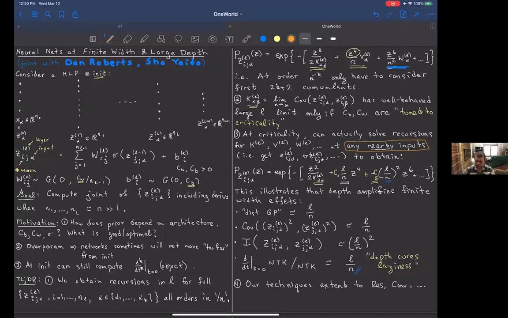So we can also sometimes tell you what the network does when the inputs are far away, but that's a rather different calculation. And sometimes it's complicated and we're not 100% sure what the answer is. So there are definitely things we don't know how to do within the framework at the moment. But this observation that things scale like depth over width definitely holds not just at a single input, but for many inputs as well.